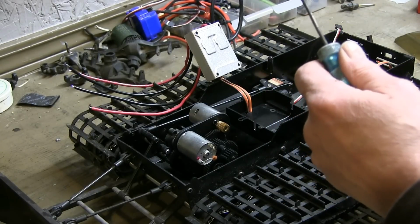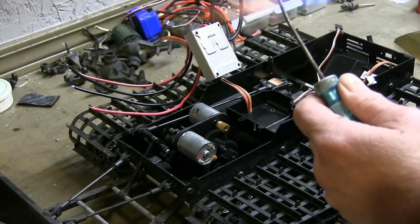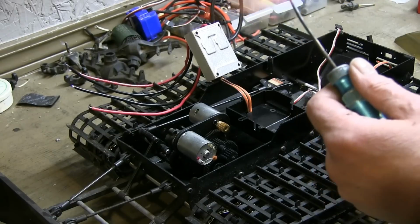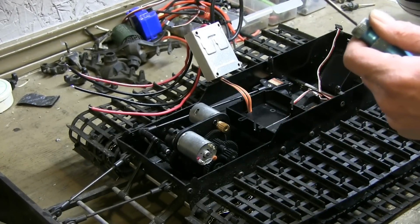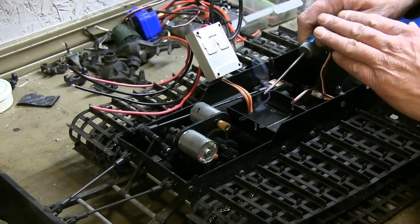I use this to control the damper on my wood stove, so I figured it'd be a good tool to heat up and melt some plastic, you know? Make the shop smell good, right? Not. Okay, so I'm just going to make a slot